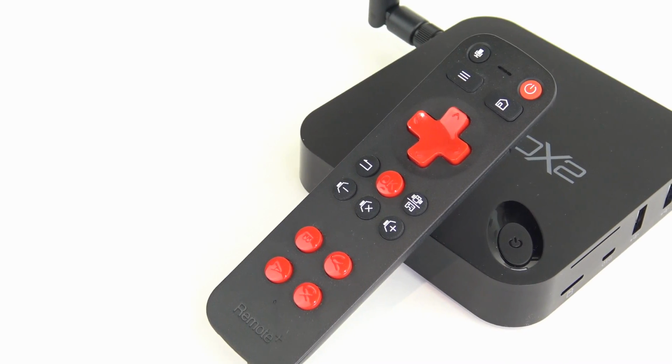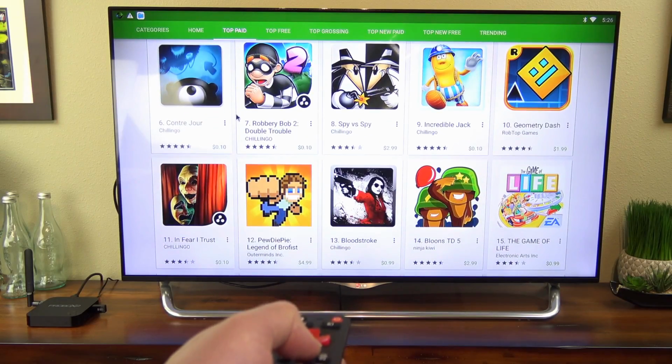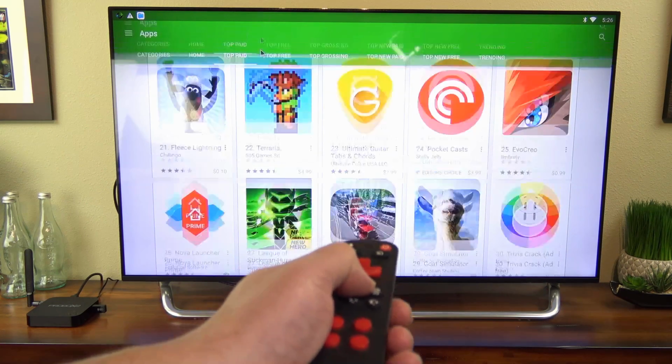And finally we come to the Remote Plus. This is actually my favorite media player remote control. It's got great range, it's very responsive, it uses very little batteries, and you can get it included with the